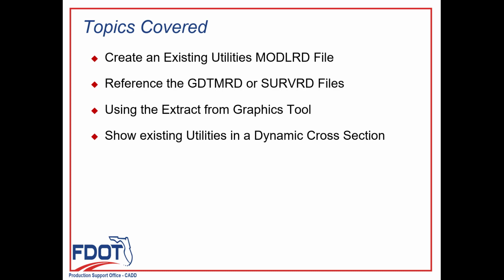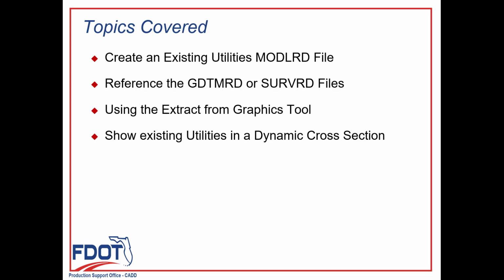Introduction. These exercises will introduce a new ORD workflow, a menu that will be used to lay out existing utility lines. The Drainage and Utilities workflow in the OpenRoads Designer will be used. A SUDA and SU database will be introduced into the file. A new MODLRD file will be created. The optional modifier from the Create File tool will designate it as the file for existing utilities.